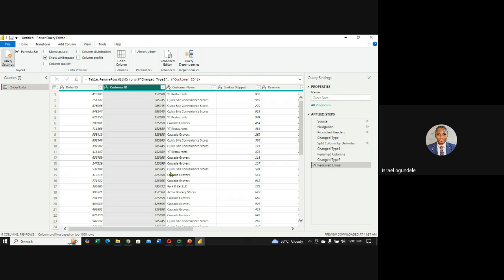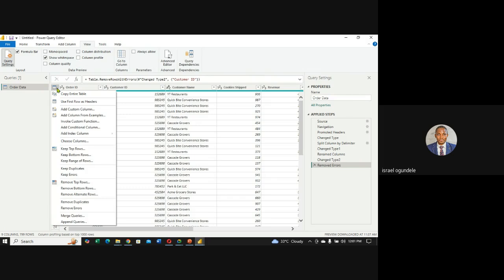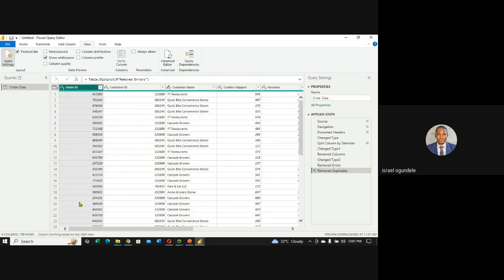We looked at removing the duplicates and all of the functionalities. I can just come here and also remove errors from here, or it should remove duplicates if I have duplicates here. So automatically it will just remove the old duplicates that I'm having there. Okay, let's see another thing we can do to our data cleaning